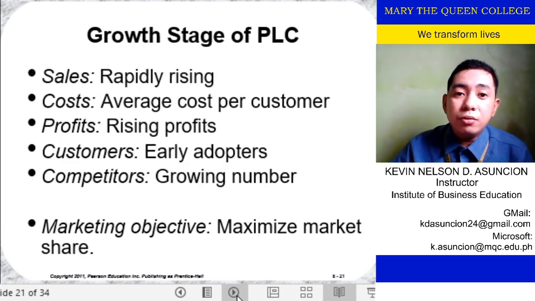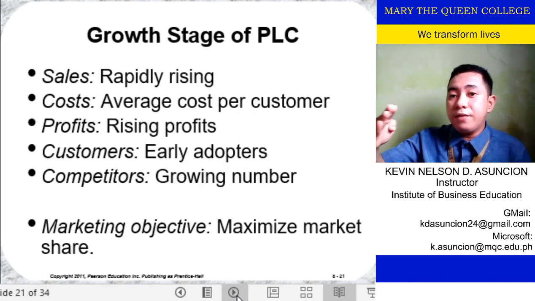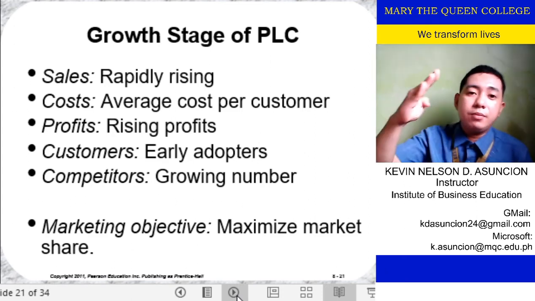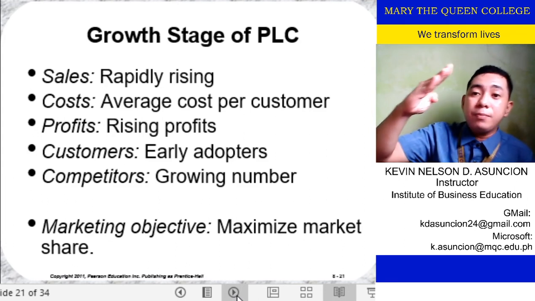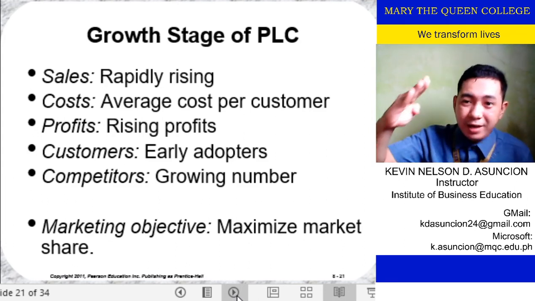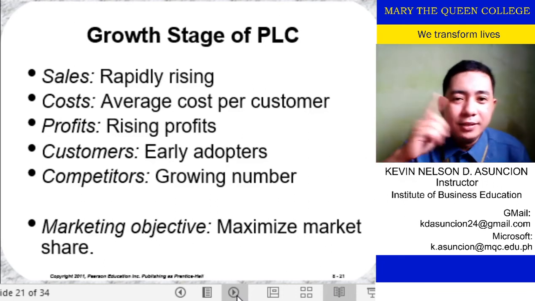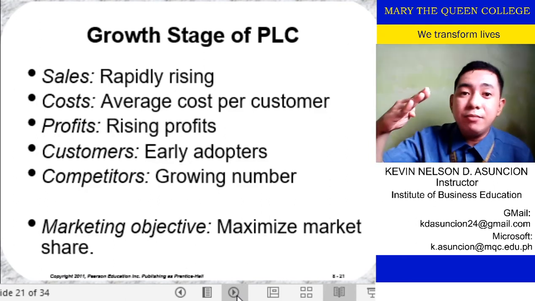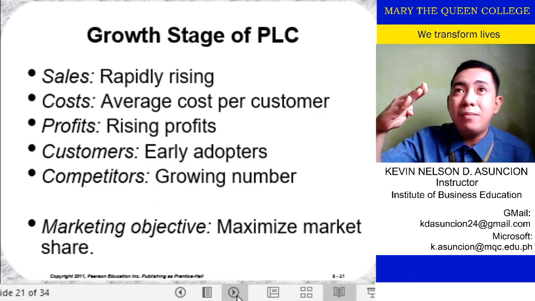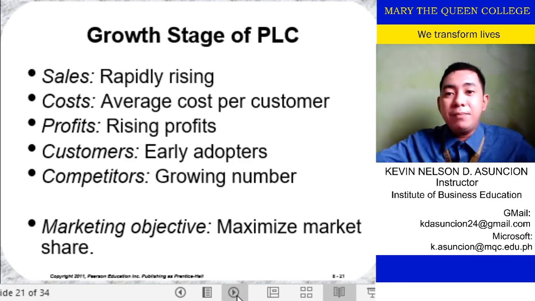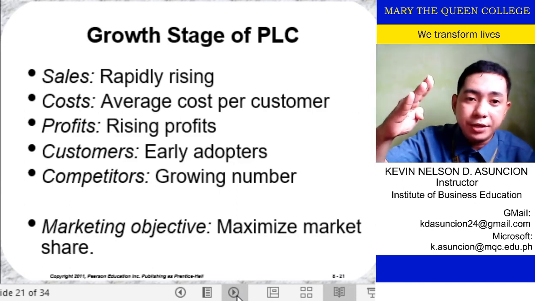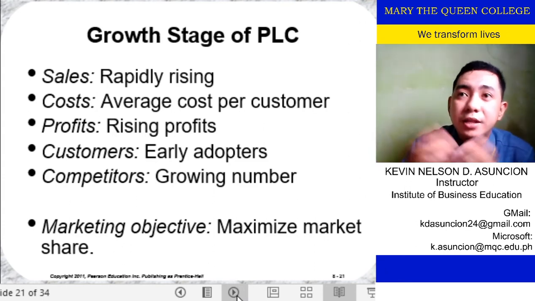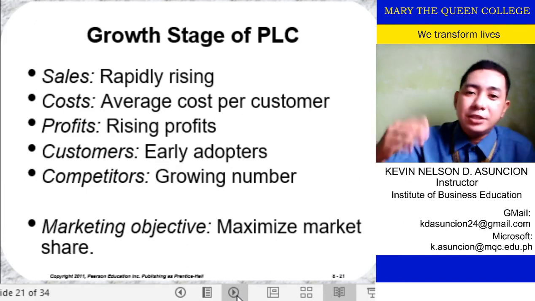Then we go to the growth stage. After the introduction, whenever you're trying to extend your market, lumalawak yung market mo, it is rapidly rising. Ito pa, packet na tayo ng bundok. No? Packet na ng bundok. So, you just visualize that. No? Then, average cost per customer, ibig sabihin, napa-flatten mo na yung costing. Of course, bumababa na kasi yung fixed cost. Dahil padami na naman ng padami yung pwedeng bumiling customer sa'yo. So, pwede ka nang magkaroon ng outside that introductory price. You can make strategies out of that.